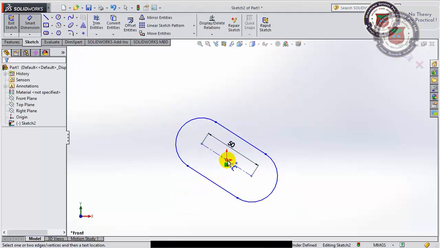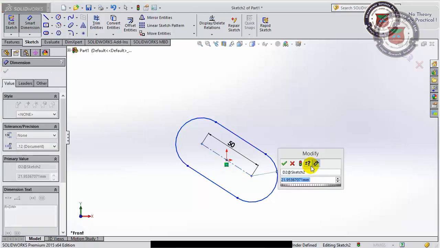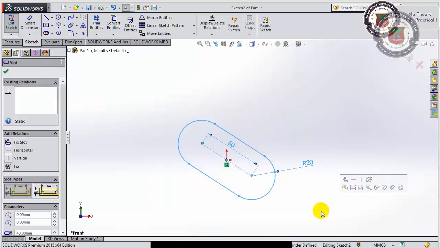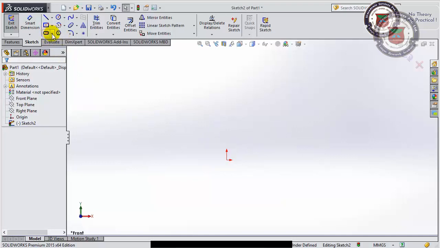It will be controlled by the center of this slot. I can define the radius as well, because I'm taking it as 20 as in the earlier case. This was our center point straight slot. Now third is our 3-point arc slot.